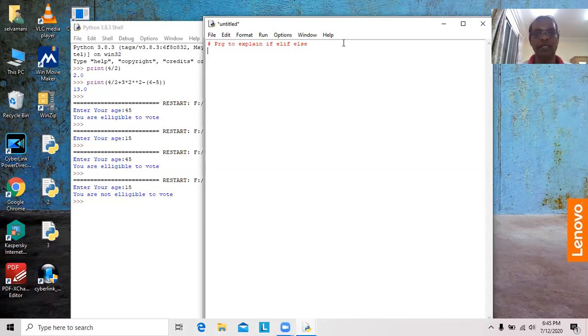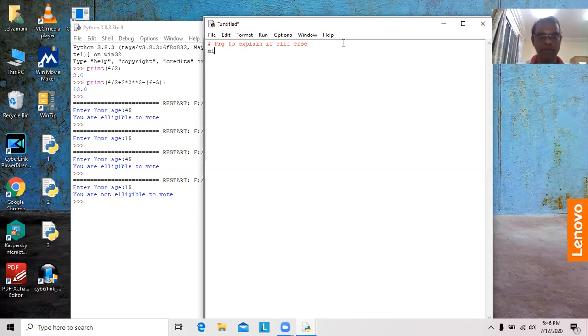We have different slabs, starting from A to E grade. Now we will see how to write that. We have so many conditions here. First we have to check whether the average is greater than or equal to 80. Then we check if the average lies between 70 and 80, then 60 to 70, then 50 to 60. At last, less than 50, we have to check. Now we will see the program.